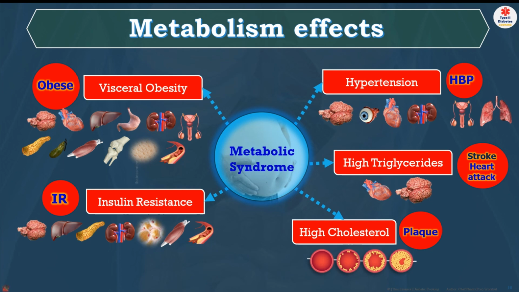If you have hypertension, it goes to your brain, your eye, your kidney. If you have high triglyceride, your heart, you can have a heart attack, stroke, those kind of things. And if you have insulin resistance, again, your brain, your lung, your heart, your pancreas, your kidney, your hormone, your muscle, your blood vessel, because in high cholesterol, that's where you get plaque. That's what you would get heart attack, you get all kinds of things. So everything is related to your organs.